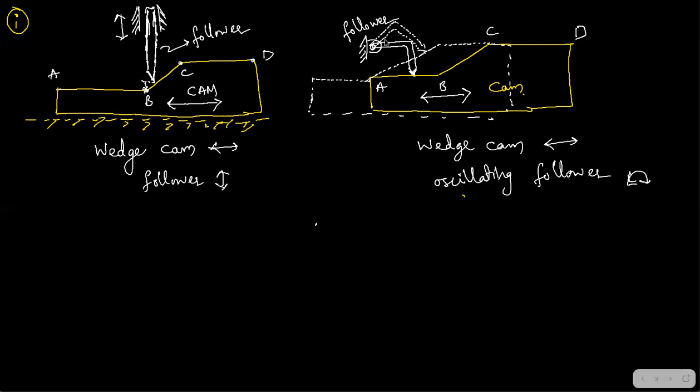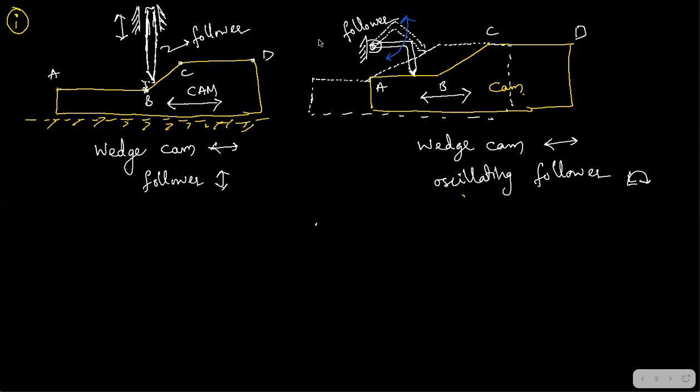Let me take some other color to show the oscillatory nature. So here the follower will oscillate like this. In two directions we saw the oscillation. Fine. Rotation is only shown in one direction. Oscillation is shown in two directions. It means the arrow will be on both the sides. So this is the second type.